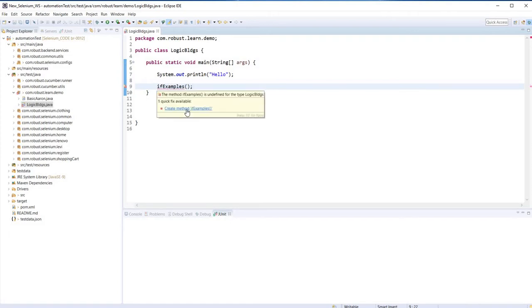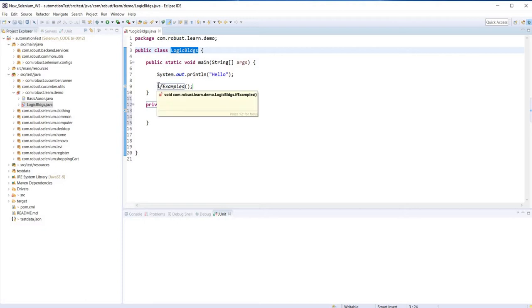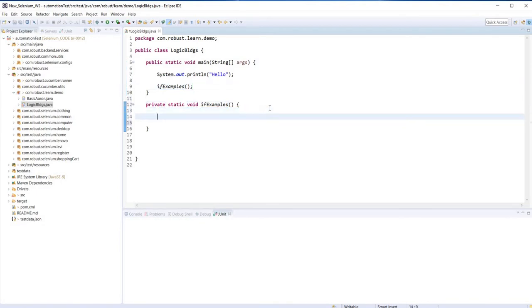If you just right click and create a method, it will create a private static. Private is the default when it generates; it will think that this is only being used in this class. Static is because I'm not passing an object, otherwise I would have to create an object of this class and then call object dot the method name, right? If I remove this, I would be writing LogicBuilding L equals new LogicBuilding and L dot. And then here you see void, and furthermore is the name of the method. So if I want to do just kind of an if loop, right? So I would say